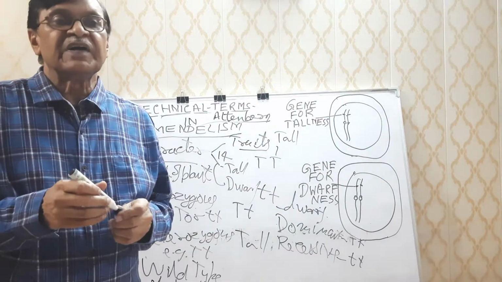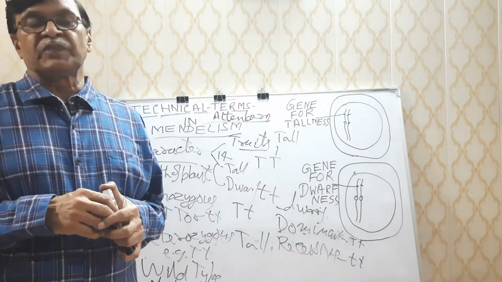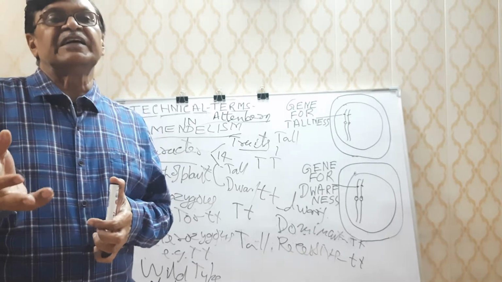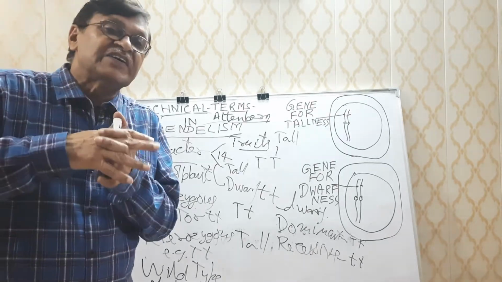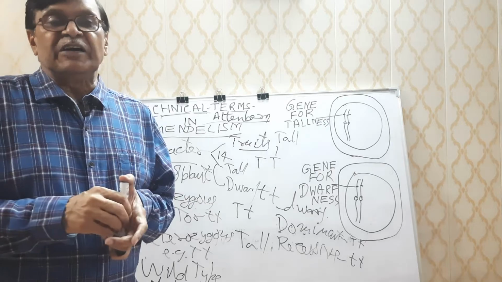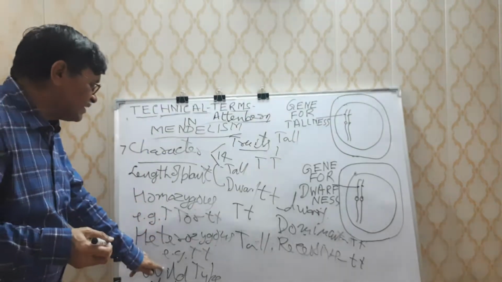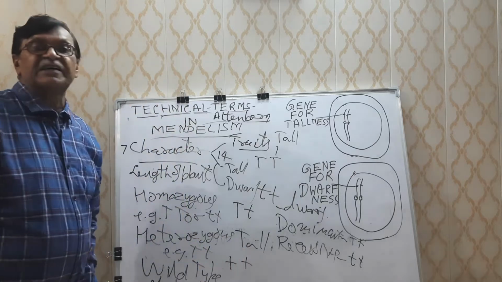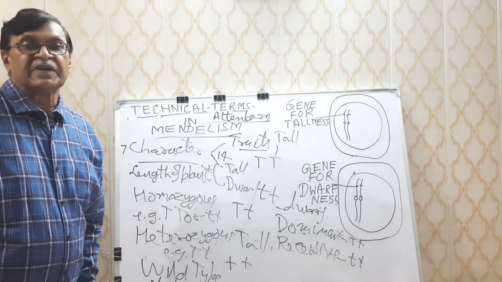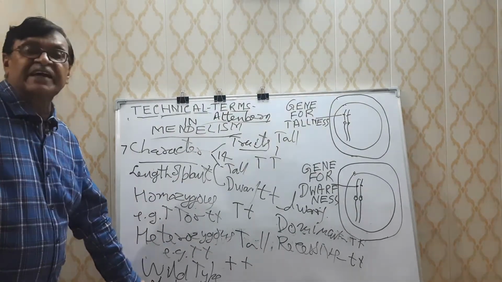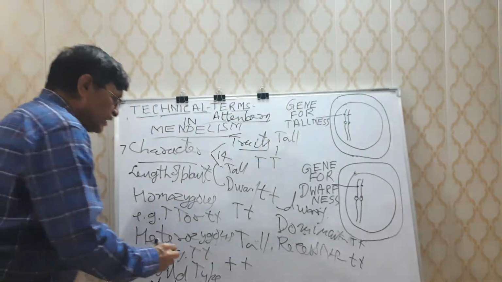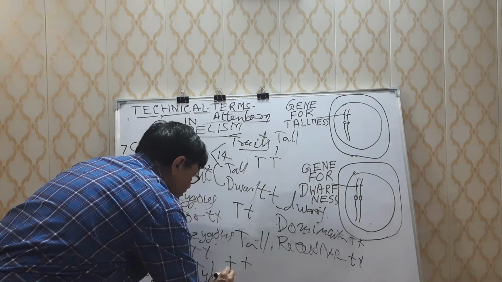So Altenburg told that the factors may be of two types. One factor which is present in the population from the very beginning is called wild type, and it is indicated by the symbol plus, whereas the mutant character is expressed by a letter,